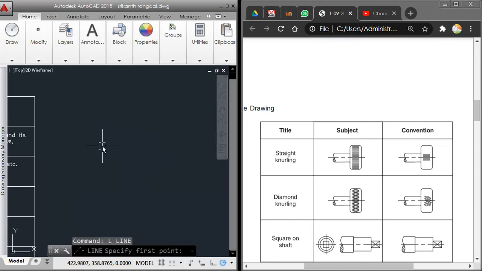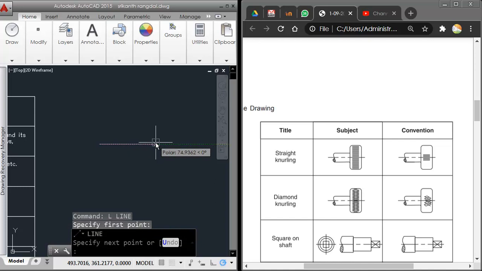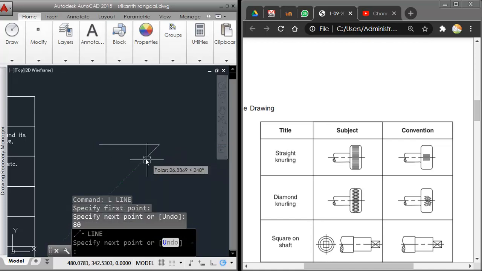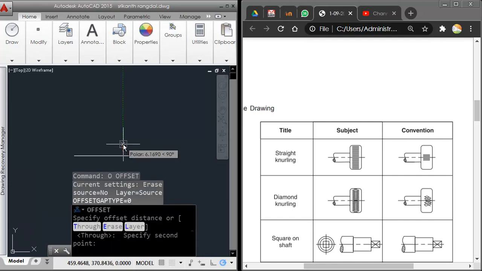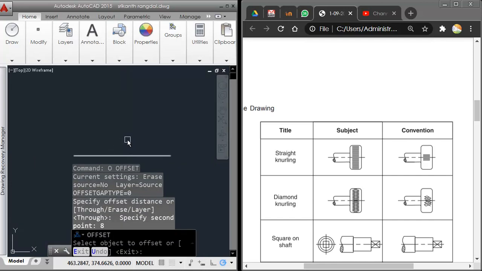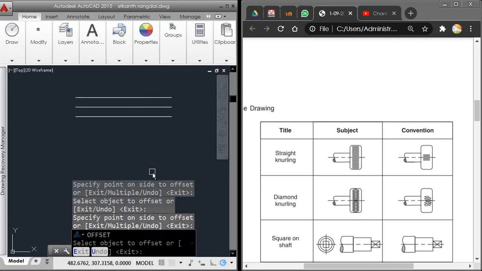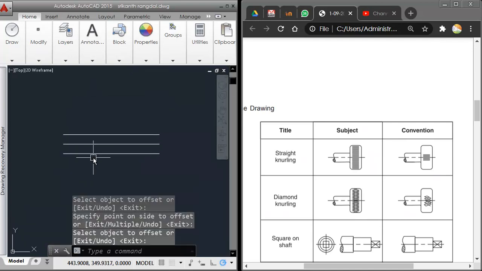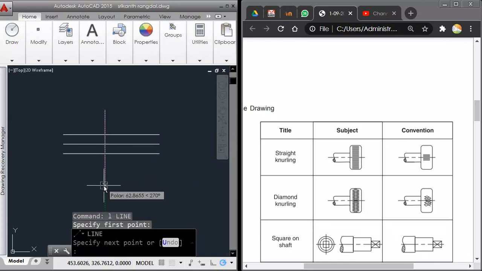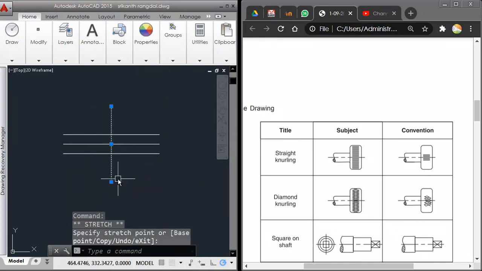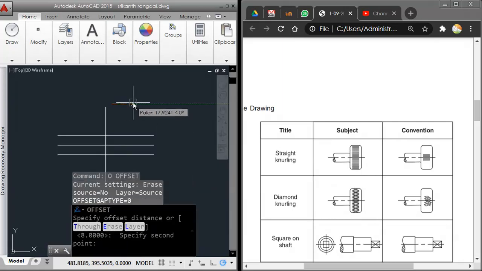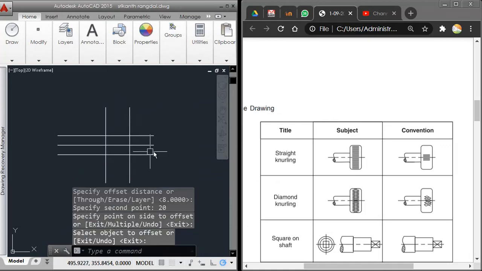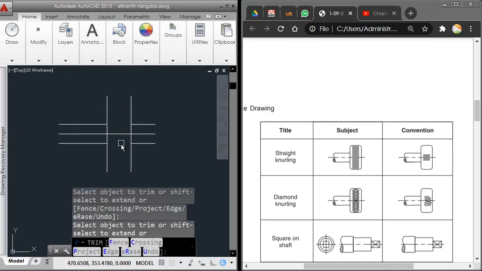Since none of the dimensions are actually given, I'll just go with some random dimensions. I'll just take this length as 80 for shaft, and then I'll take offset, and I guess a length of 8 will be enough on both sides to get the shaft. So this I'll take as the shaft, and I'll just draw a vertical line to get the starting point here. And then some convenient distance in horizontal direction I'll have to take. I'll just take 20 in this direction. Then I need to trim these things off,